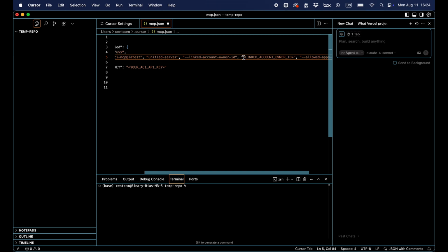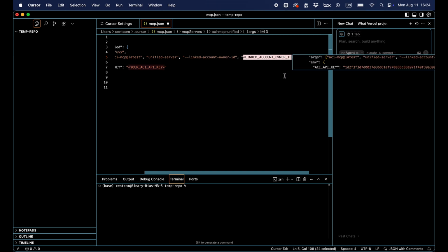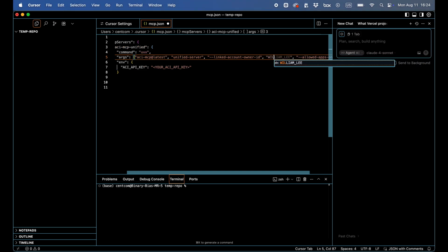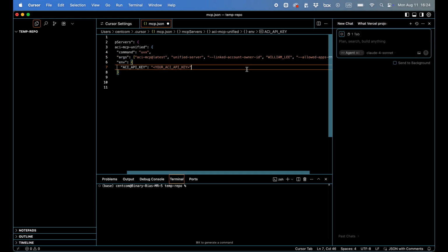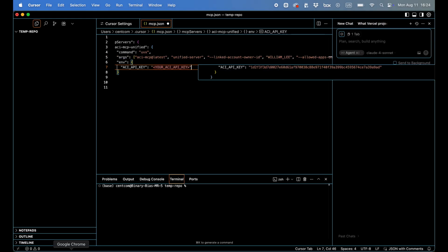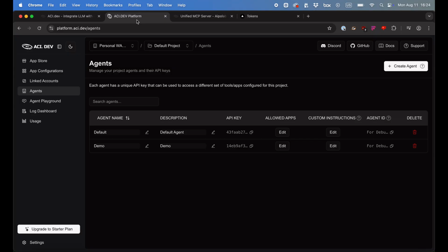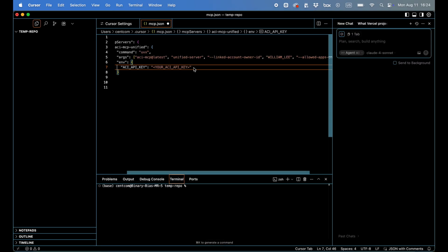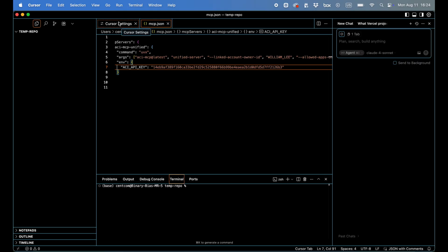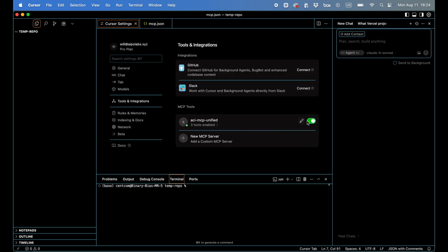And we just have to replace the linked account owner ID with the username that we've been consistently using earlier. And then also the API key, which we created earlier for the demo agent. So let's copy this over to Cursor. Cool. Now make sure you save this config file after you've done that, and check Cursor settings. And just for good measure, we're going to disable and re-enable the MCP server to make sure that it's running